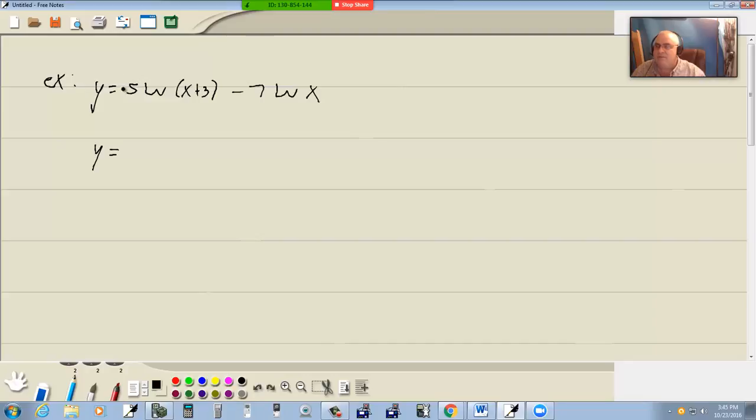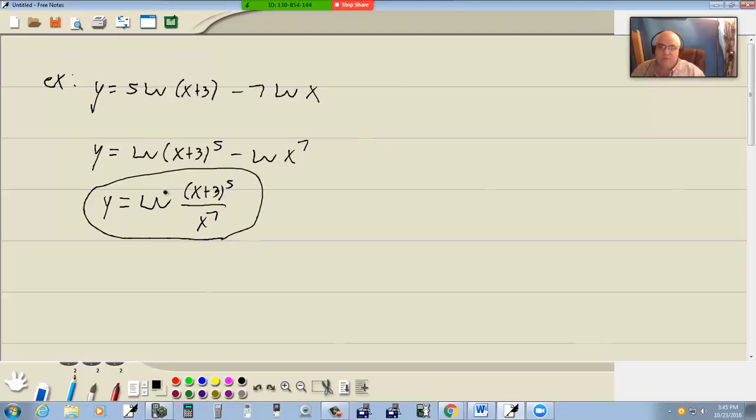So if you ever have any numbers in front of your logs, first thing you do is put them as your power. That's natural log of x plus 3 to the 5th power minus natural log of x to the 7th. Now we got log of something minus log of something. Subtraction becomes division. So we've got natural log of x plus 3 to the 5th over x to the 7th. And notice we have a single